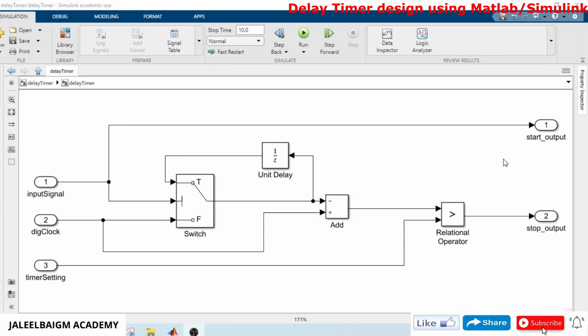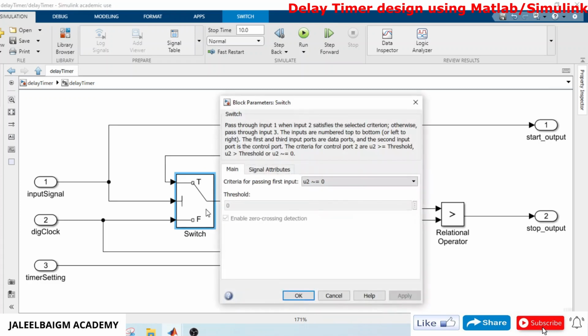For this one I have taken three input ports, and named them as input signal, digital clock, timer setting, and I have used a switch. This is a simple switch.